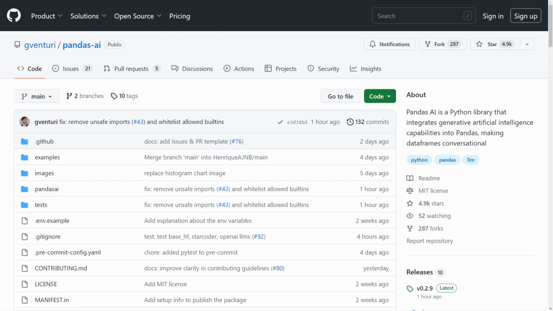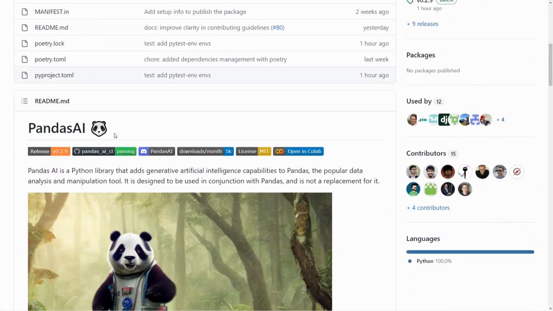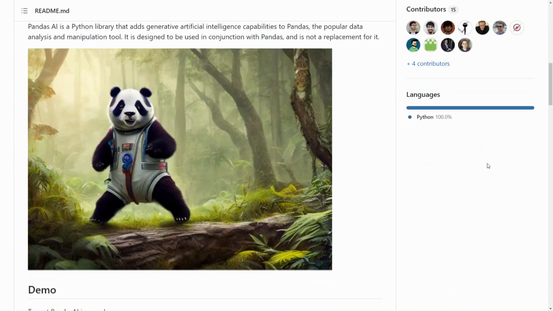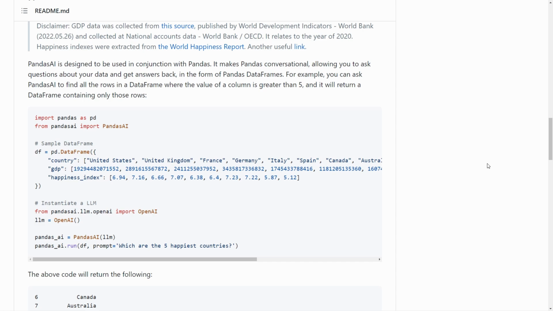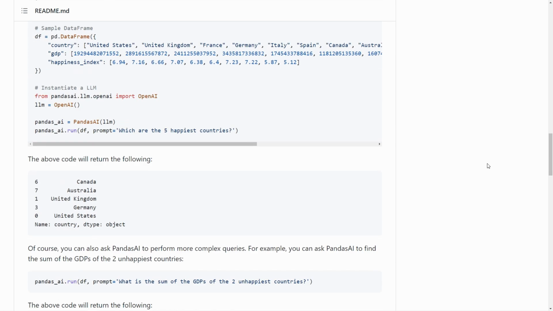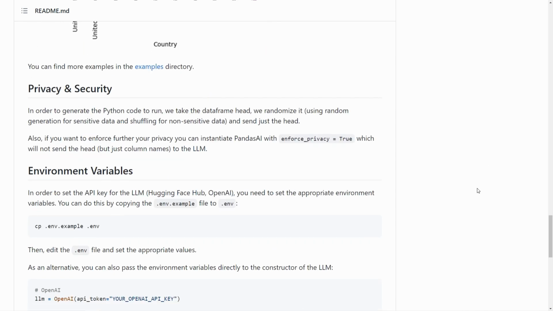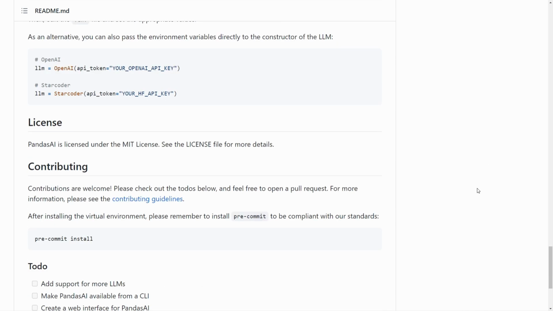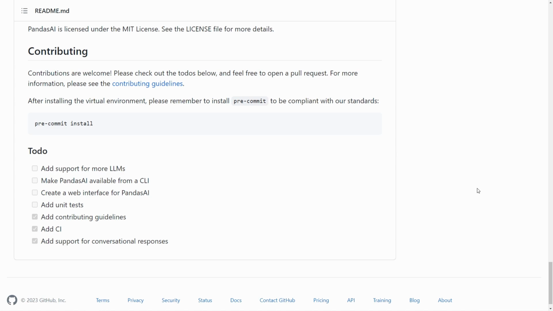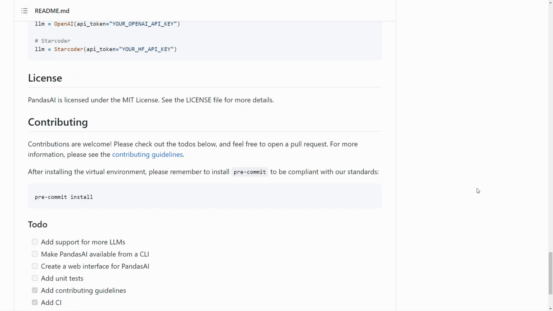Today we are going to go over PandasAI, owned by Venturi and his team of 15 collaborators. This is a really cool project in its early stage, and instead of using Python commands, you can run prompts or statements for queries or visualizations. It can use OpenAI or StarCoder for the LLM, and the project has a couple of to-dos anyways still in